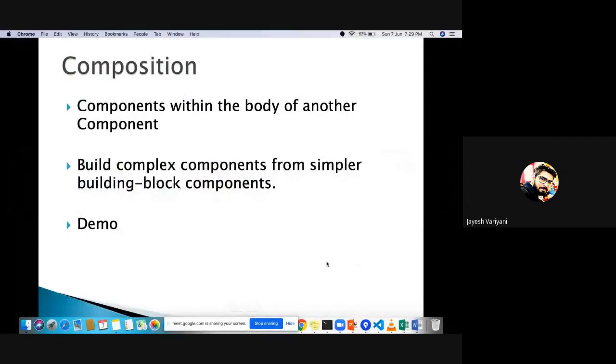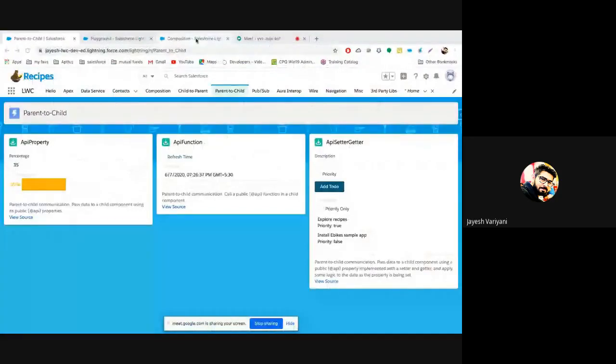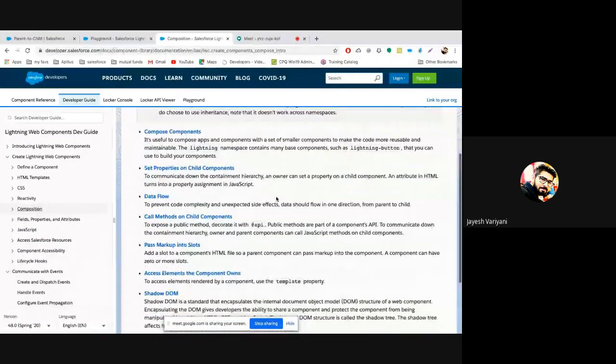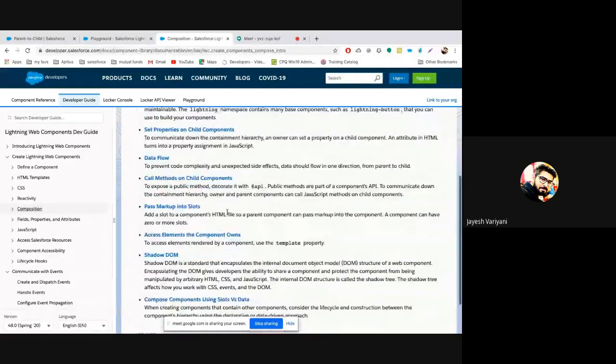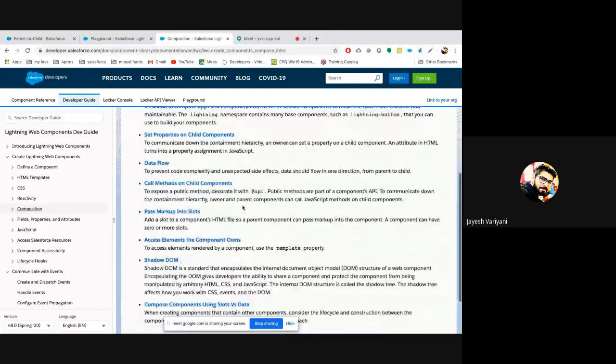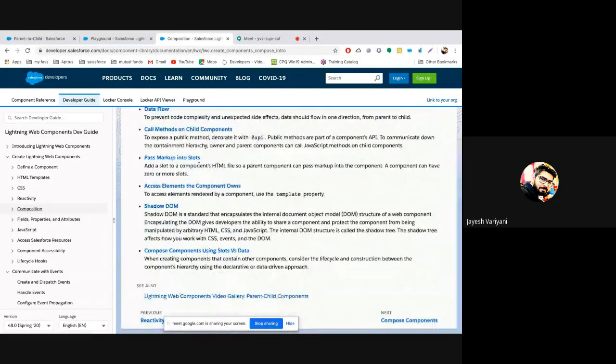If you go to this developer guide, here we have some advanced concepts like slots and data passing, and a lot more things. The slots and all these things we will be covering in detail.